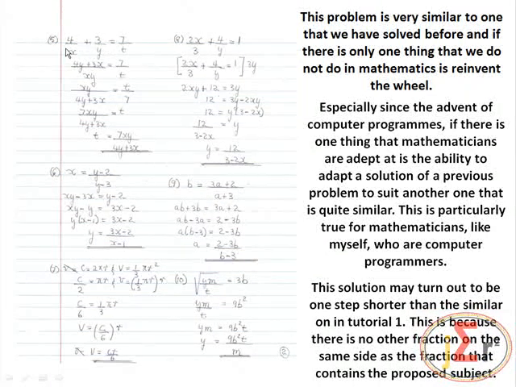So we had a previous problem with 3 fractions, and on the previous occasion one of the other fractions was accompanying the proposed subject on the right hand side. We do not have that situation right here. As a matter of fact, this other fraction is exactly where we want it, on the other side, and that will cause the solution to be one step shorter than the one that we are saying that this one is